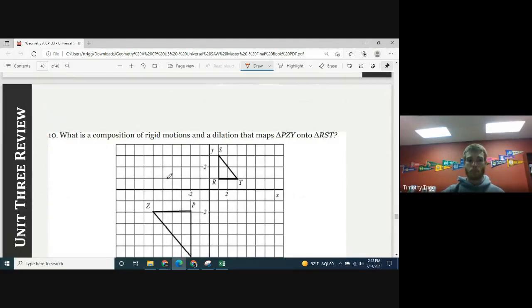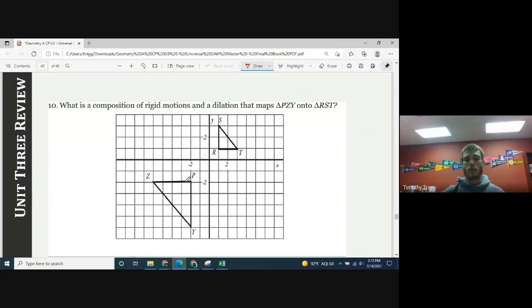Number 10. What is a composition of rigid motions and dilation that maps triangle PZY onto RST? So we're starting with triangle PZY, and we want to end up getting triangle RST. So you might notice, first that, okay, well, this one's definitely bigger. So we're going to have to make it smaller. So that's going to be a reduction. And also it's over here. So when it's over here,